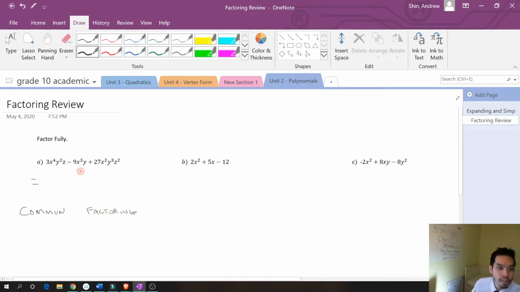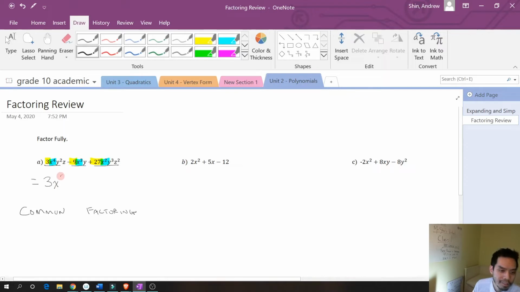You have to ask yourself, what's in common between all three of these different terms? So make sure you identify each different term and what's in common in terms of the coefficients first. So I take a look at the 3, the -9, and the positive 27, and the number that's a common divisor between all of them is a 3. And then I take a look at the next variable here, all the x's. How many x's are in common between all three terms? So this one has 4, this has 3, this has 2, so they all have at least 2